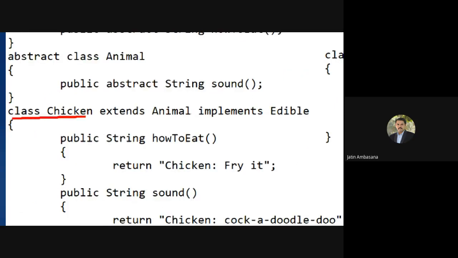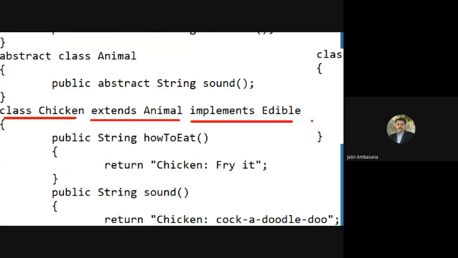We can say class Chicken extends Animal and implements the Edible interface. We cannot say Chicken is an instance of the Edible class, because Edible is an interface. But we can easily say that Chicken is an object, an instance that can be pointed to by the Edible reference variable.